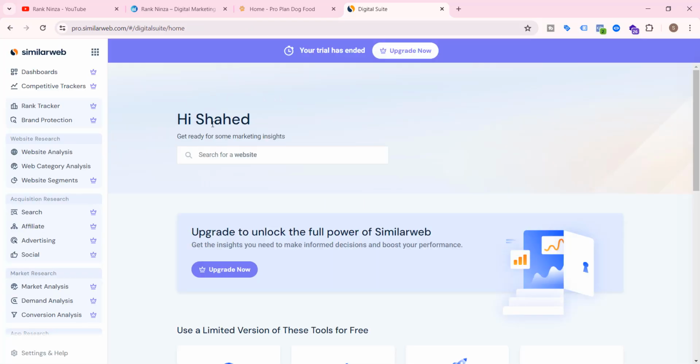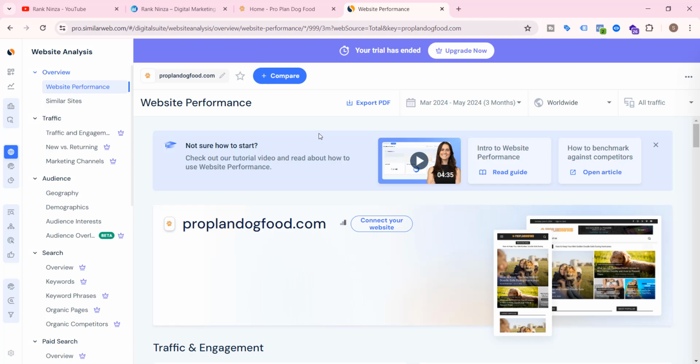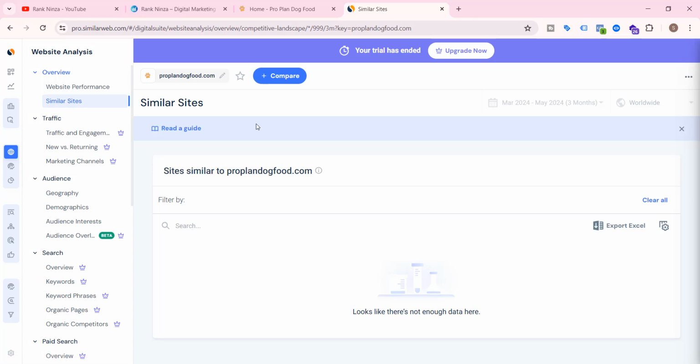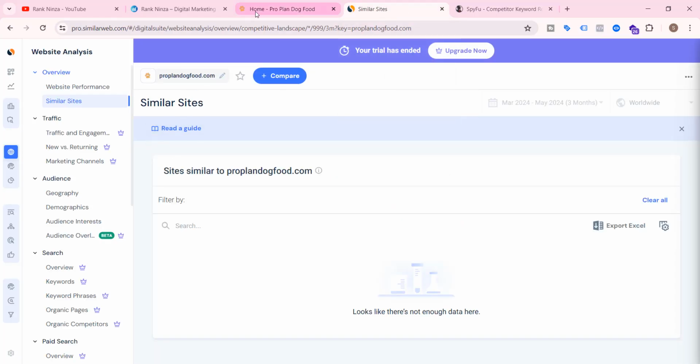Alright, now search for a website. Here I am selecting this one, proplandogfood.com. Now navigate to similar sites. Here it looks like there is not enough data. That means this website is very new and SimilarWeb does not recognize this website, so it could not show the competitor websites. Let's try another popular tool, that is SpyFu, and copy the link